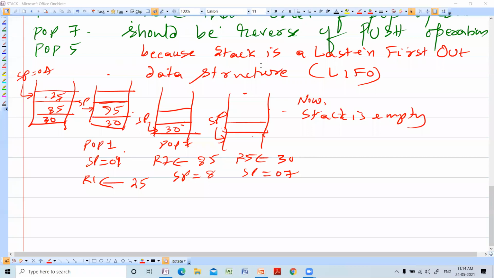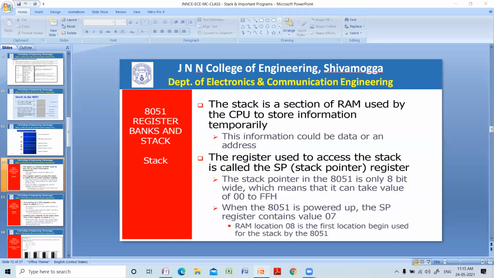Now, how does the processor use the stack?